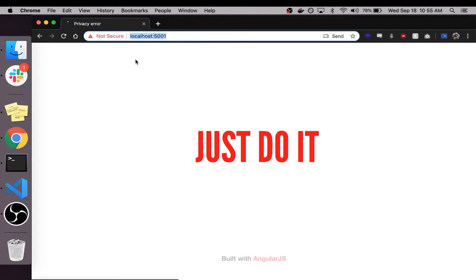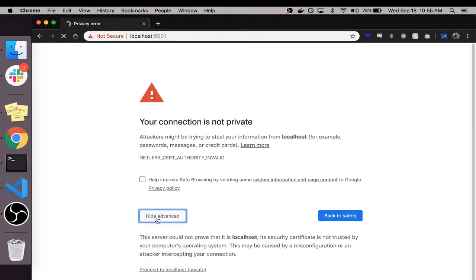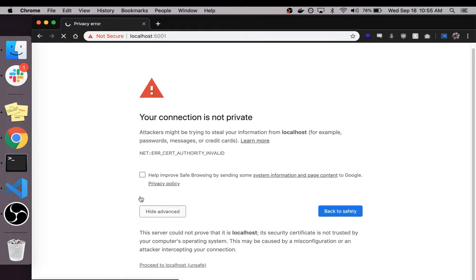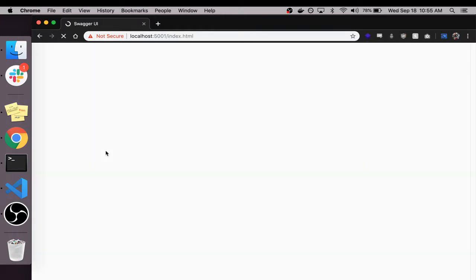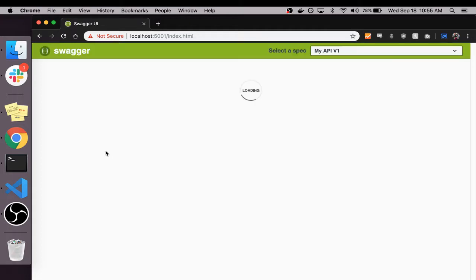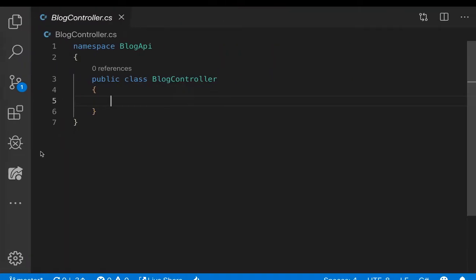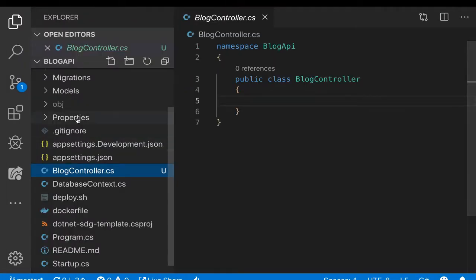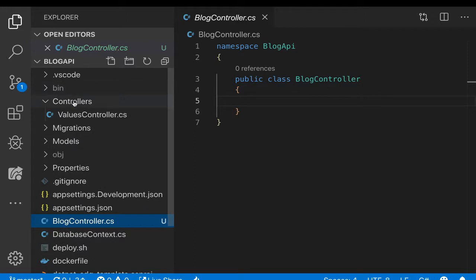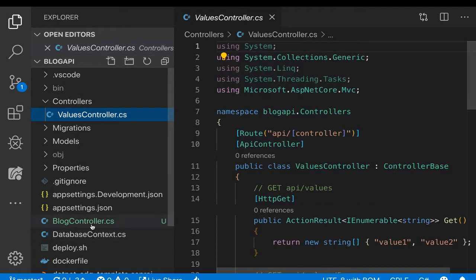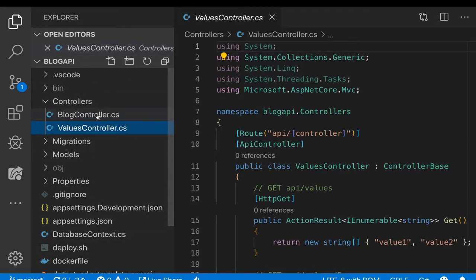In this case it has values, but again it's going to have blog. Where does that come from? Where does values come from? Obviously, values is built in, but when is it values? I know it comes from the values controller, but which property within here is actually saying, hey, this is